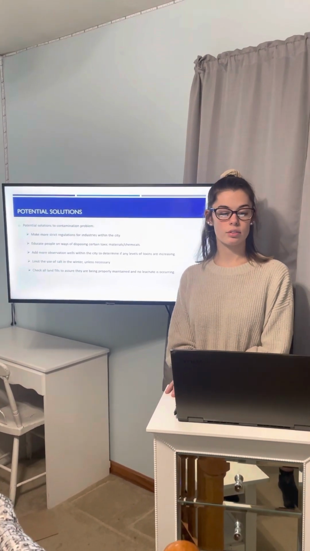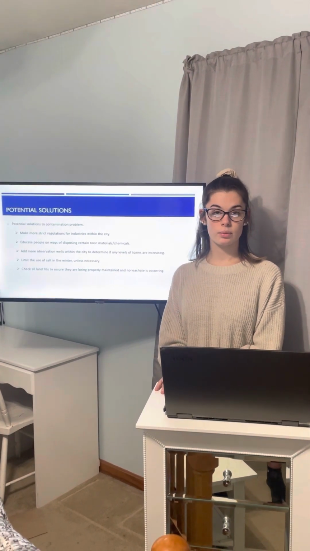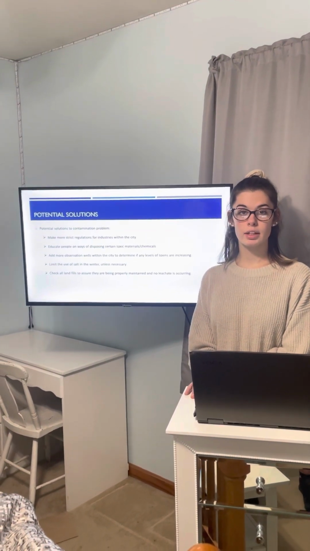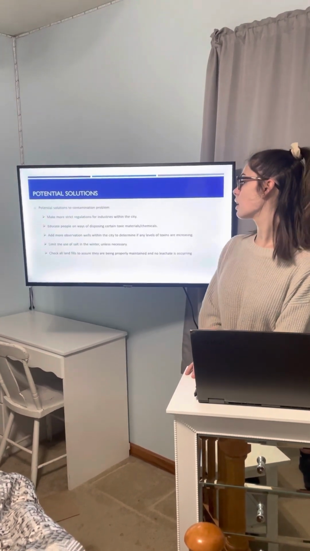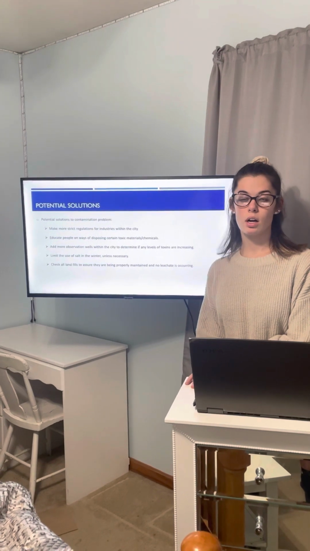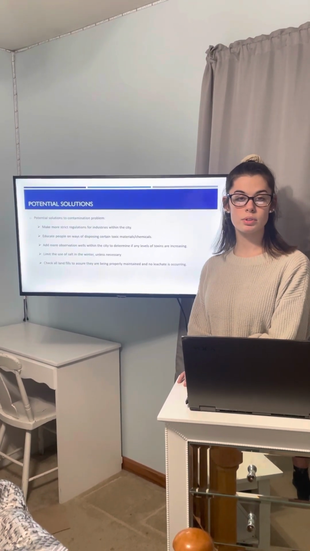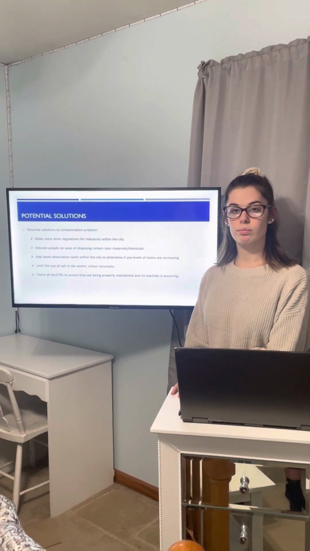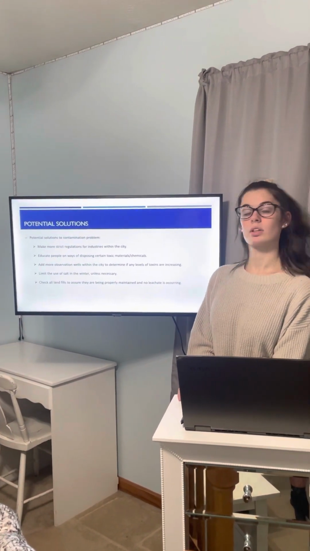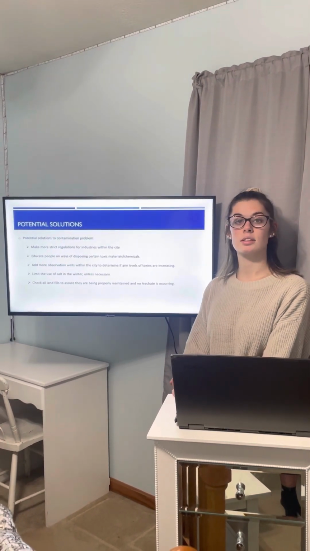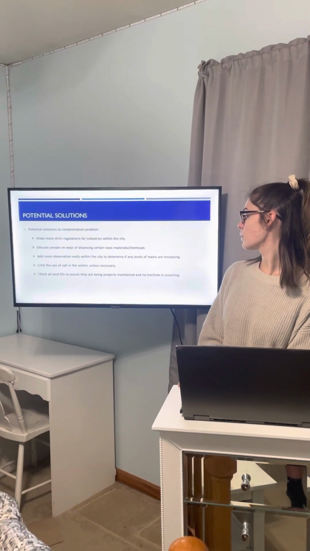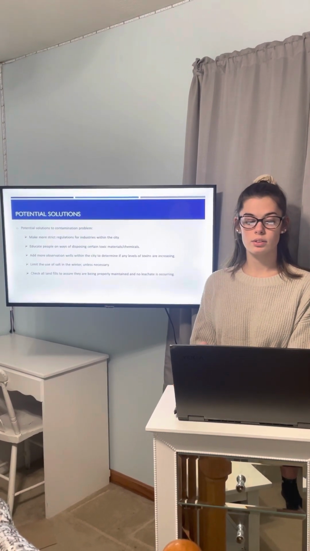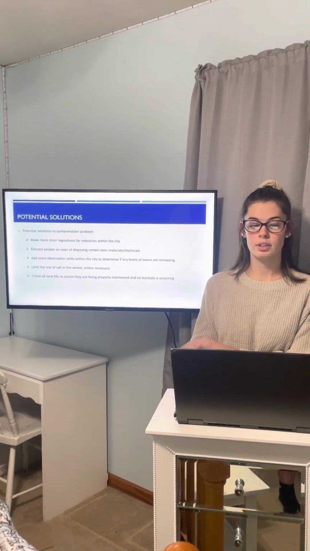Some potential solutions I thought of were increasing regulations for certain industries or businesses. You can educate the city and make more education programs about proper disposal of common household toxins or chemicals. There could be funding for making more observation wells within the city. You could limit the use of salt within the winter unless it's a necessity. And they can check landfills to make sure that they are being properly maintained, even if they are closed, and that no leachate is occurring, contributing to these